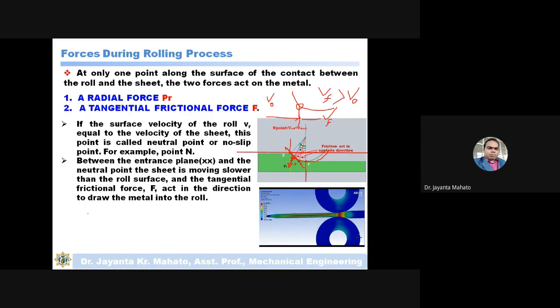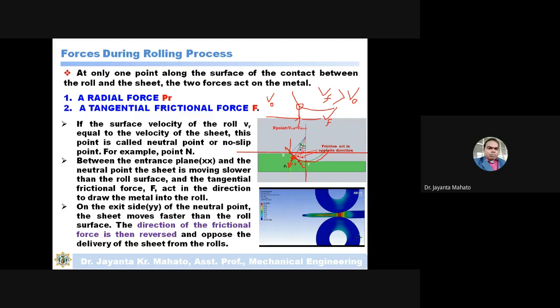Between the entrance plane and the neutral plane, the sheet is moving slower than the roller surface, and the tangential force F acts in the direction to draw the metal into the roll. So before the neutral point, the tangential frictional force F acts to draw the material,